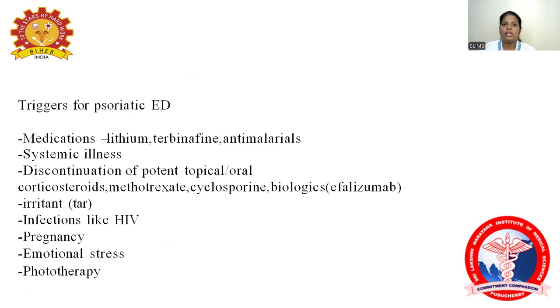What are the triggers for psoriatic erythroderma, which is the commonest cause in adult erythroderma? Medication, which includes lithium, terbinafine, antimalarials like quinine, chloroquine, systemic illness, discontinuation of potent topical or oral steroids, methotrexate, cyclosporin, biologics like efalizumab, these are steroid-sparing agents, and irritants like tar, infections like HIV infection, pregnancy, emotional stress, and